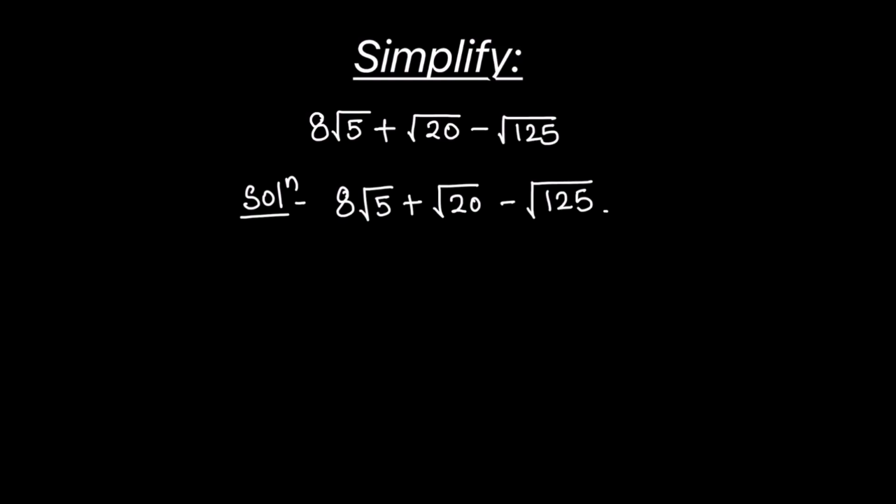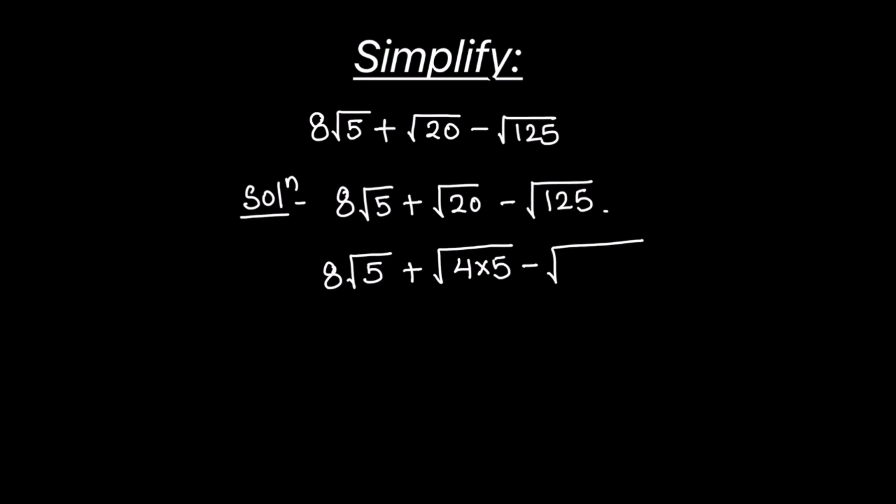We'll go in the same sequence. So 8 square root of 5 we cannot further simplify because 5 is a prime number. So we'll write it as is, plus square root of 20. For simplifying this, we are going to write the factors of 20. So 4 times 5 is the factor of 20, minus